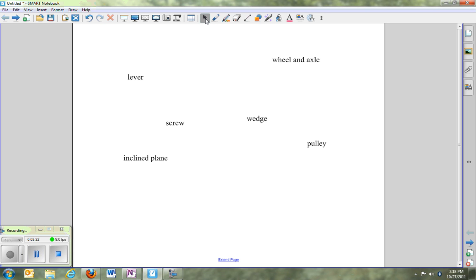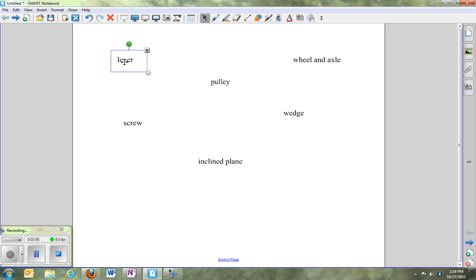my select tool. That has turned off my text tool. Now I can click on my text boxes, and I can move them anywhere I want to on the page. There, that looks pretty good. Notice that when I have clicked on my particular text box and I move it, I have guidelines that will pop up to show me if it's even with another text box or if it's in the middle of the page. And you can turn off these guidelines using your toolbar, but that's going to be in a different lesson,